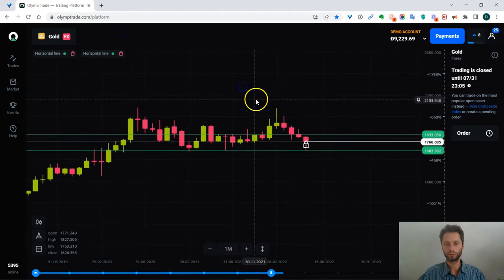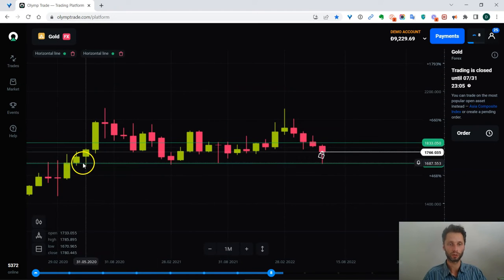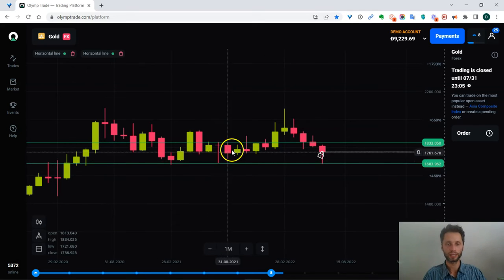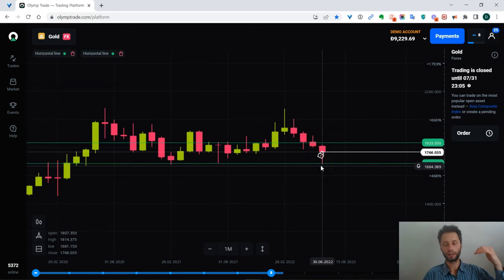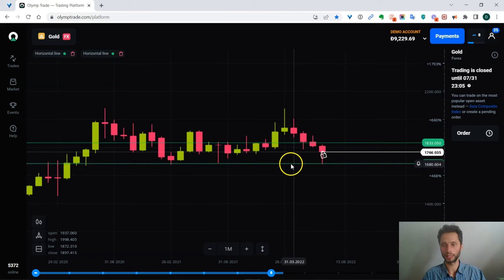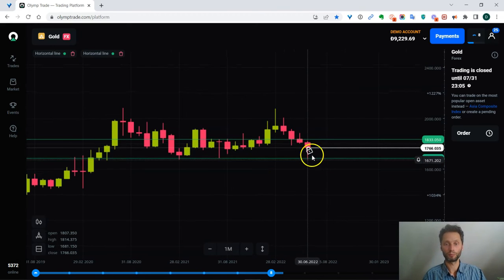Now, if you see these levels, you can see that once again, what's happened, this is similar to the pound Aussie. If you have a look, you can see a low here, low here, low here, low here. The market bounced off, but did not really make a meaningful move. It did over here, but it came right back down. If this was the true, so to speak, support level, the market would go higher and head higher. Since it hasn't, that indicates that it may want to break this level that we're at here, which is the 1680. So I'll be looking for the market to more likely head lower,